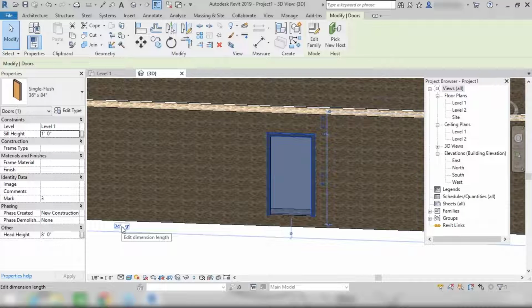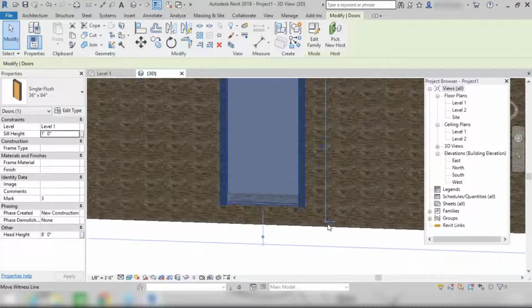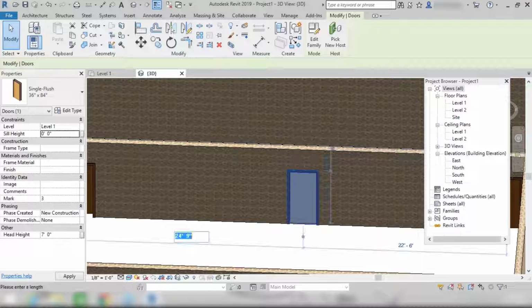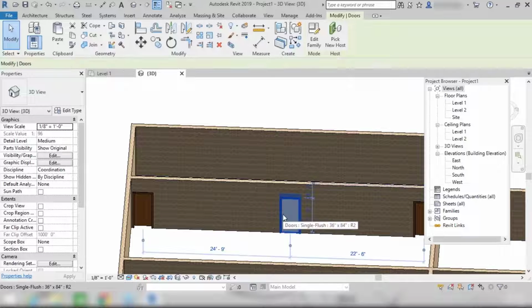You can see here sill height is changed to 1 and head height is 8 feet. So that is the distance from the ground to the top edge of this door. In this way, you can change the head height and sill height. For a door, you usually keep this as 0 only, right? So in this way, you can change the head height and sill height for these doors.